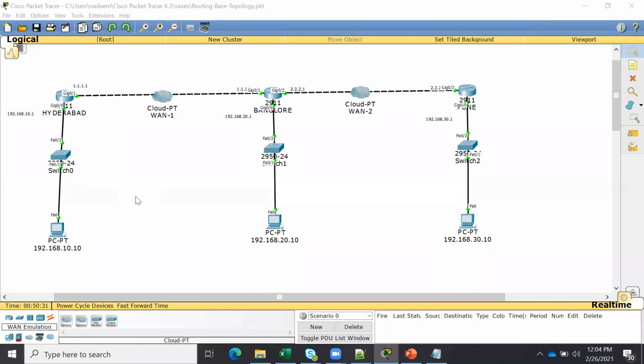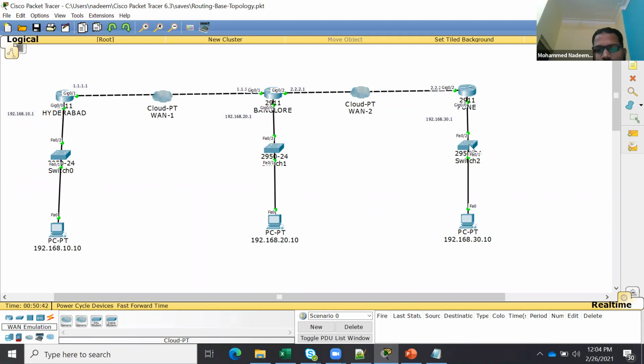5 networks. Can you count for me? All three LANs. Okay, perfect. One second: Hyderabad LAN, Pune LAN, Bangalore LAN. Next, Hyderabad router WAN 1 and WAN 2. Exactly. Total 5 networks are here, right? 5 networks. Okay, thank you. This is excellent. So 5 networks are here in total.